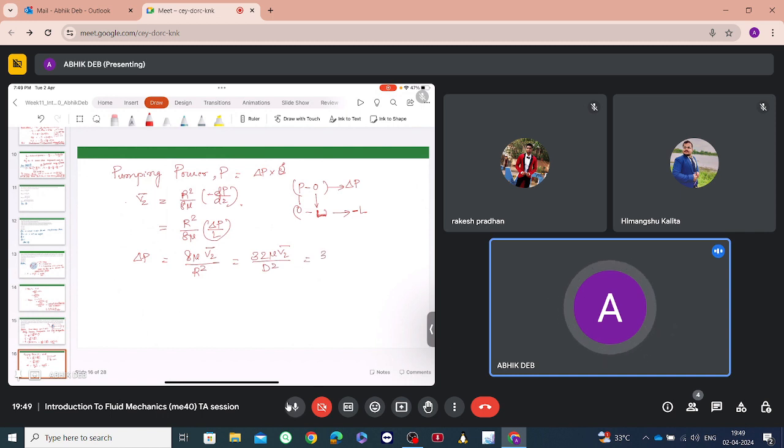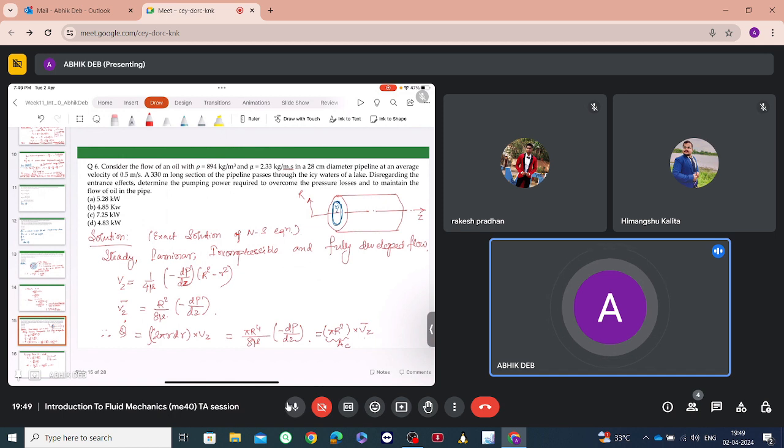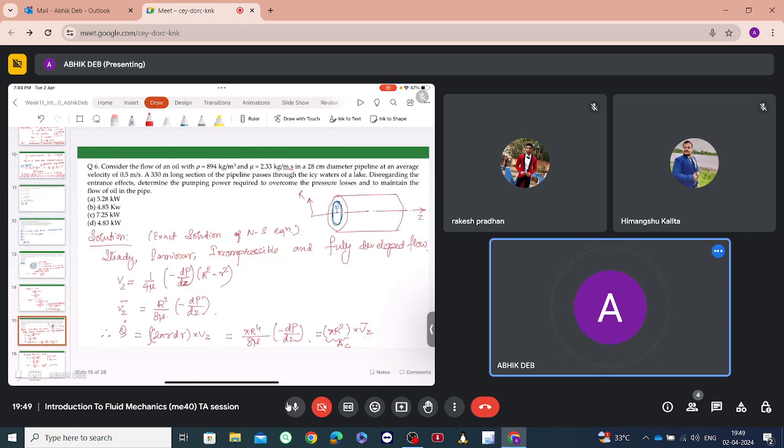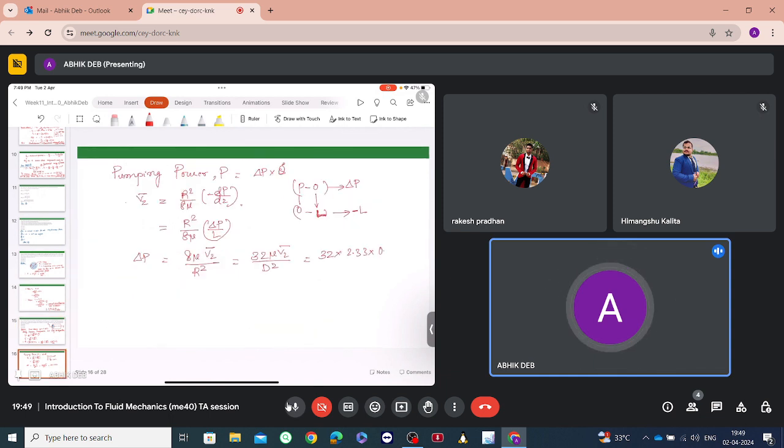If we just put the values, 32 multiplied by the viscosity, which is 2.33 kg per meter second. What is the average velocity? Average velocity is 0.5 meters per second, and d square is 0.28 whole square. Okay, so if you just calculate it, we will get it as